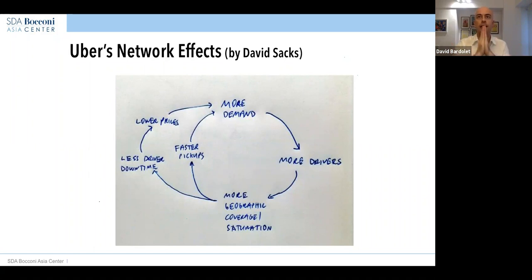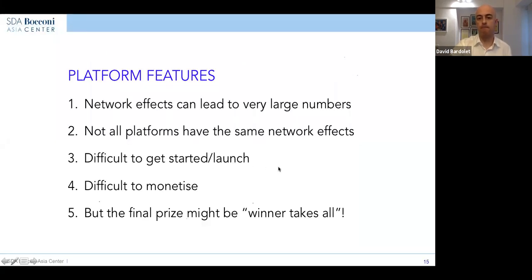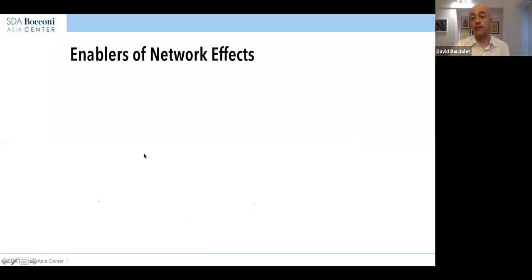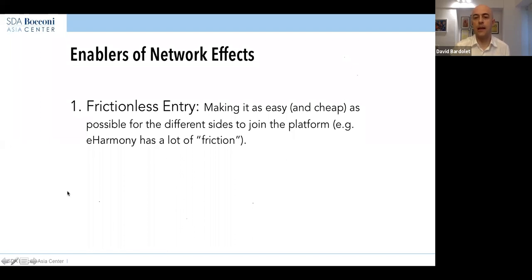And that's the effect that every single platform business is looking for. It's the magic of the platform. It's the big prize. Right? You keep adding more and more and more until there's no more, until you have everybody in your platform. That's the goal that platform businesses are chasing. But there is one big problem. You can only run this process ad infinitum, to the infinite, if two things happen. I'm simplifying a bit, but two things happen.